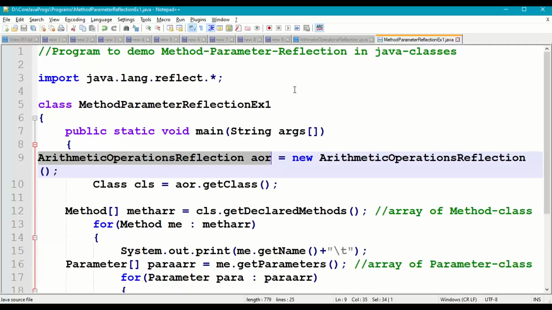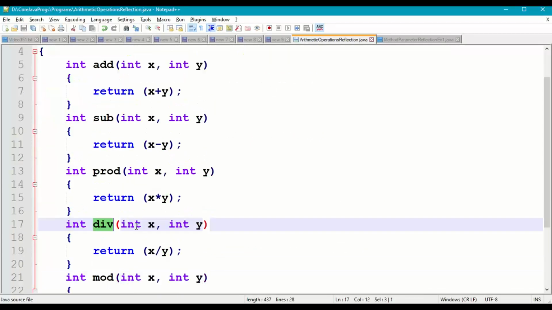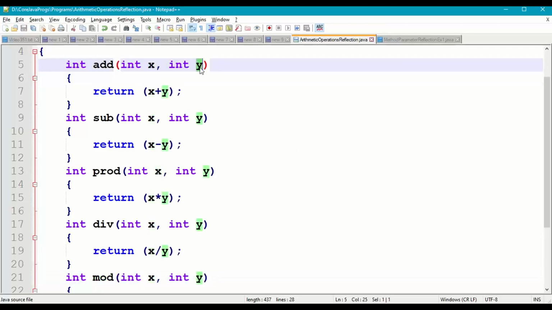We are creating an object of our user-defined class which contains 5 methods: add, sub, prod, div, and modulo, with 2 input parameters, x and y, of data types int and int.